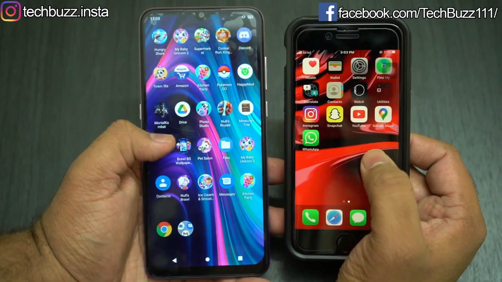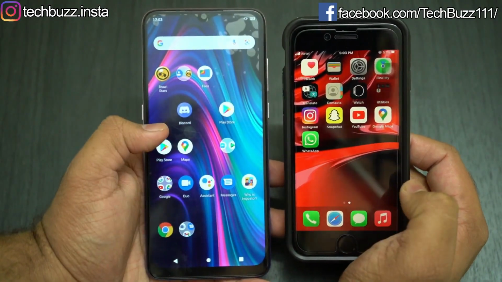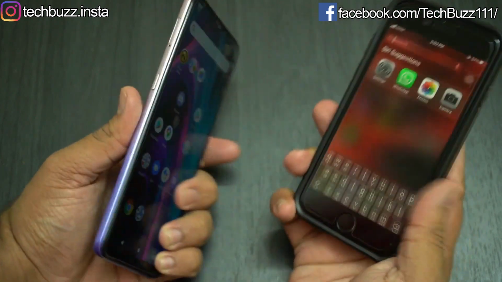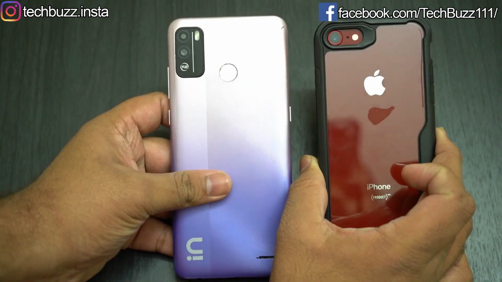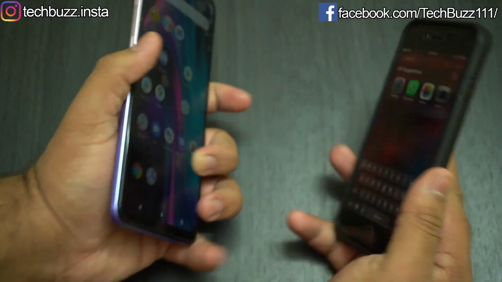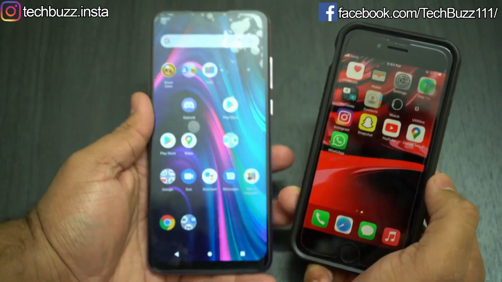In this video, I will show you how to transfer messages from Android to iOS or iOS to Android in easy steps. Although there are some other online methods, they are time consuming and often depend on internet connectivity speed. So let's get started.